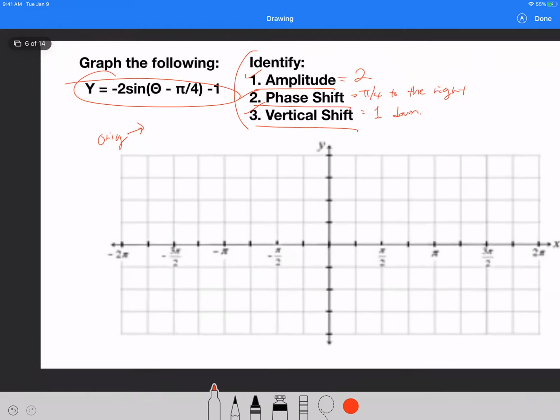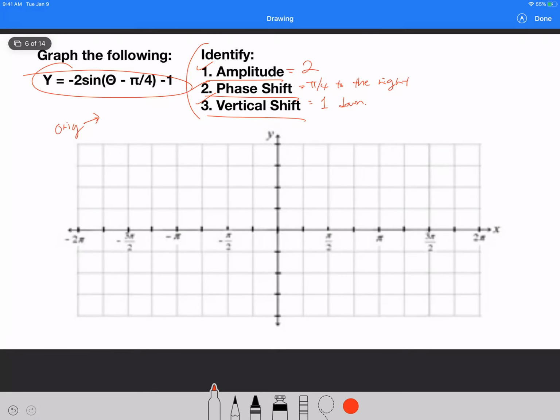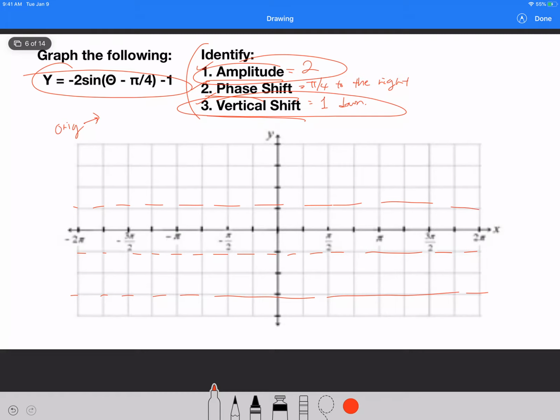And once you have laid out all those things in the table, you will have to utilize the amplitude and vertical shift first. So 1 unit down means I'm going to the -1. Amplitude of 2 means I'm going down 2 and I'm going up 2. So I have this frame laid out into the graph, and then the phase shift is pi over 4 units